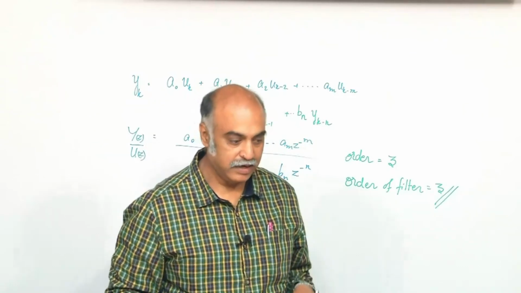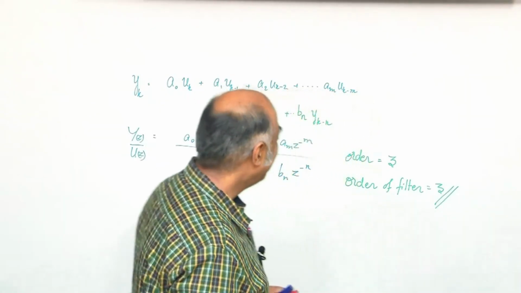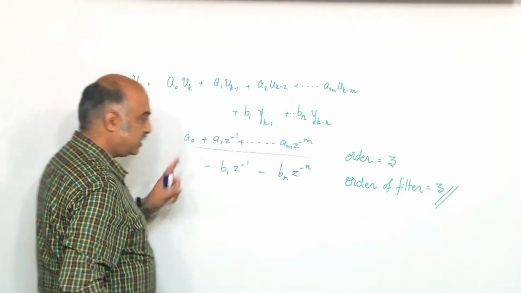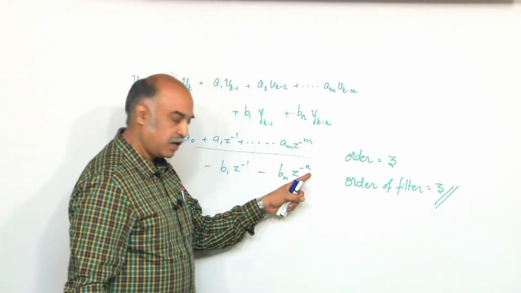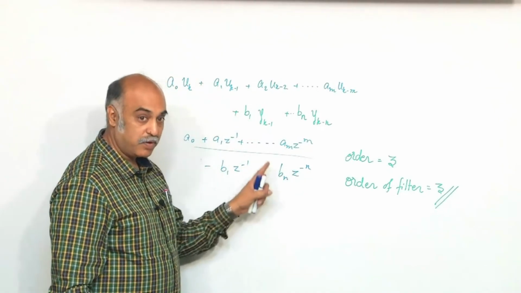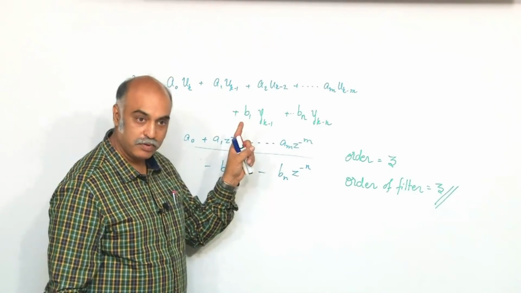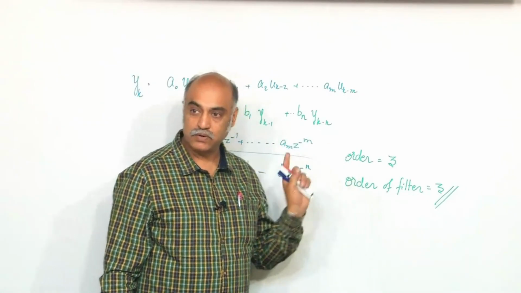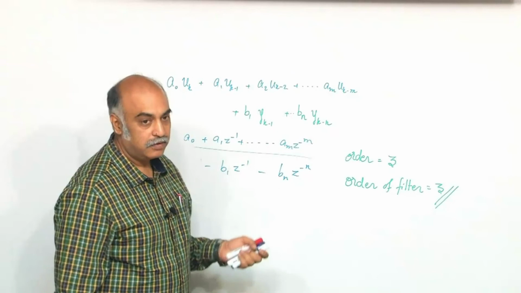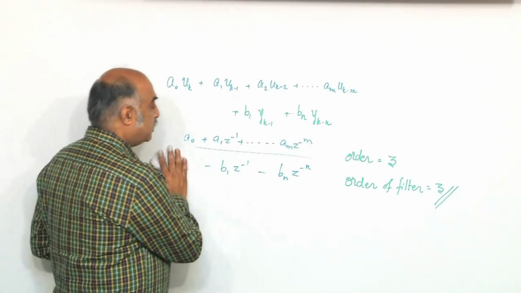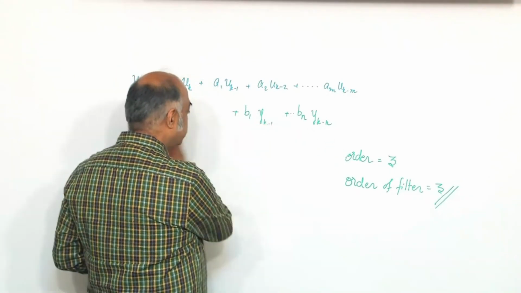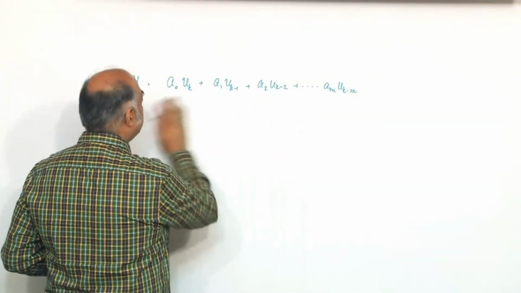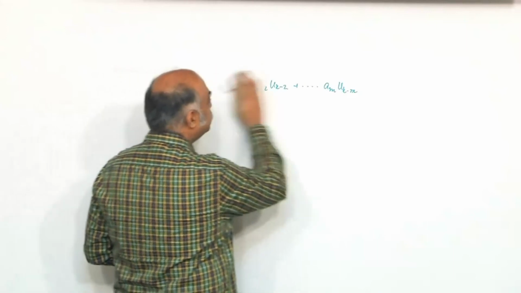Think about it and tell me in the next class. Okay, but I will just go forward for now. Okay, you just think about this. This is having z to the power of n. This is having z to the power of minus m. I am setting m is equal to 3, n is equal to 3. Yeah, you will have to try to do that. And the minimum required would be just 3.